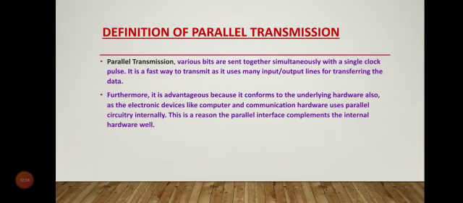Parallel transmission. In parallel transmission, various bits are sent together simultaneously with a single clock pulse. It is a fast way to transmit as it uses many input-output lines for transferring the data. Furthermore, it is advantageous because it conforms to the